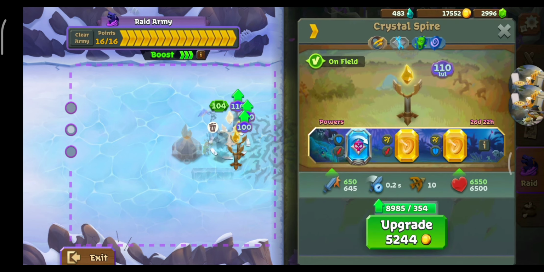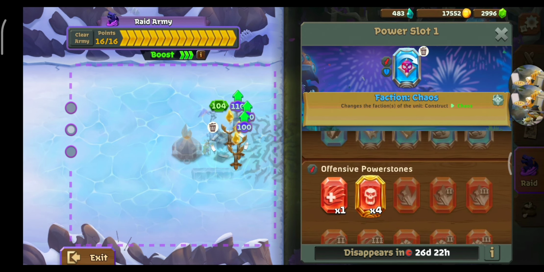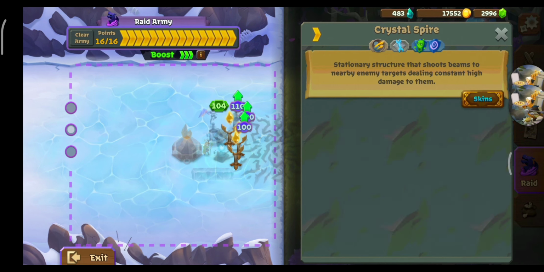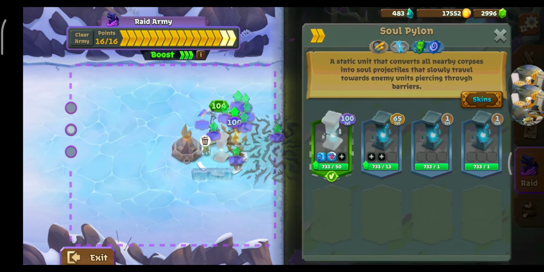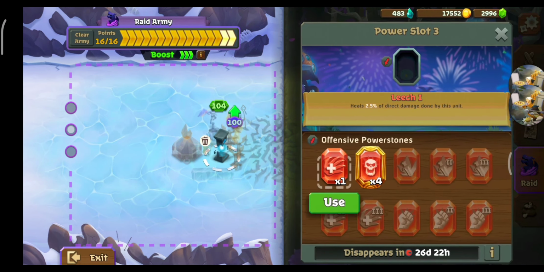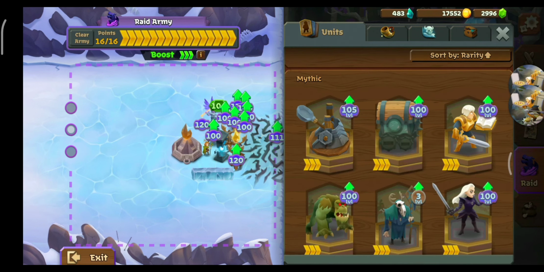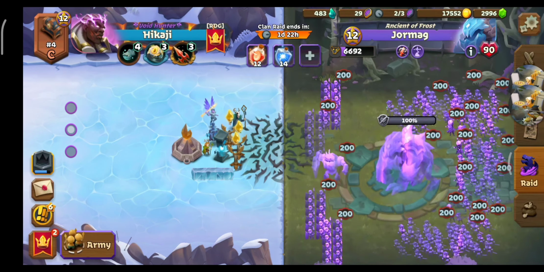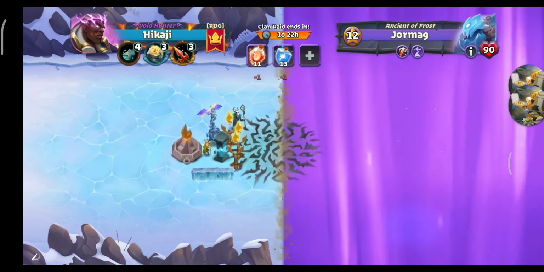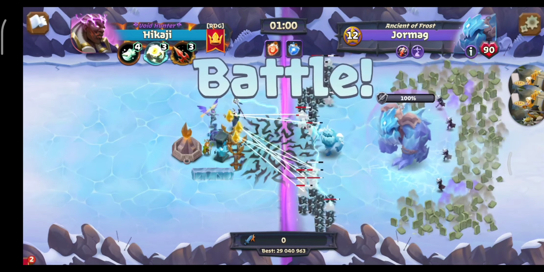He has faction change stones, just using chaos, which is totally fine. That changes it from construct, which enables the druid to heal it. So if you don't have the leech power stone, then okay, yeah, he did switch out for leech on Soul Pylon. But if you don't have a bunch of leech power stones and you do have a bunch of those chaos stones kicking around, which I haven't found too much of a use for in PvP or raid yet,